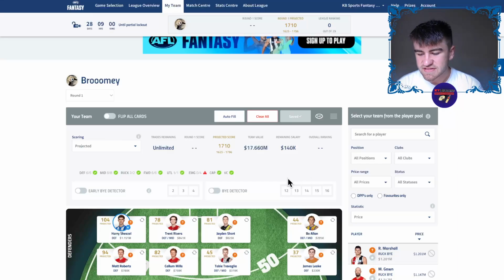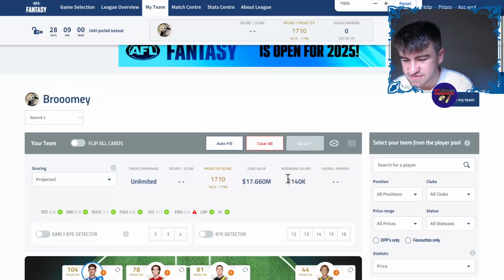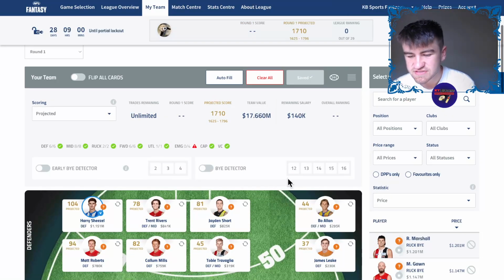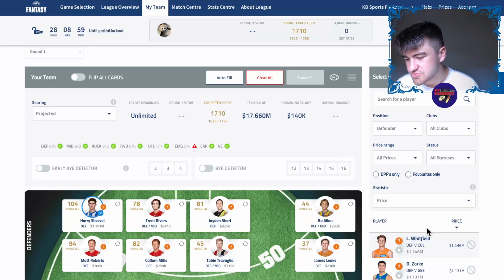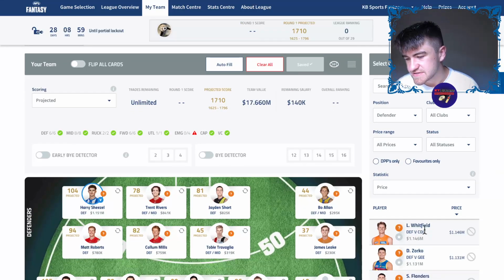So anyway, let's go through this. I could probably make this a little bit bigger. There we go for you guys. So Harry Sheezel, I wish I could find value, but I cannot find guys that I like at all in the backline that aren't going to lose effective average or average at all. If we look at the backline players, trying not to get rid of them, the